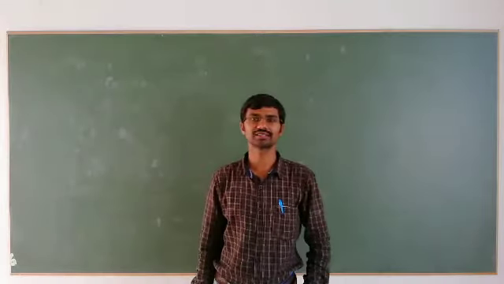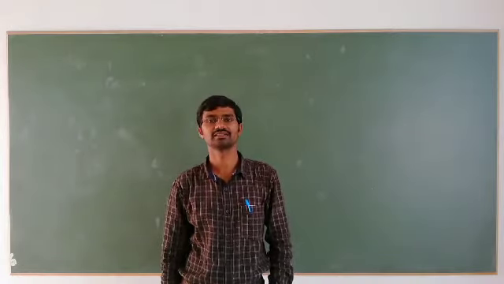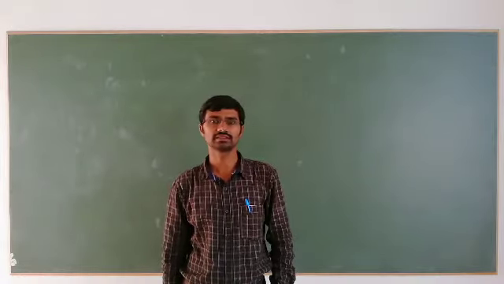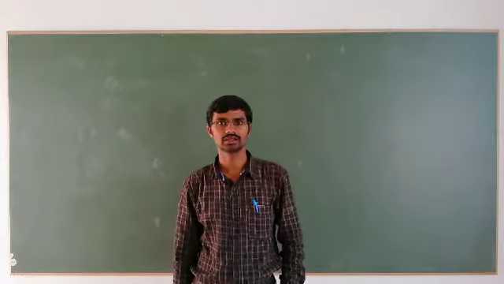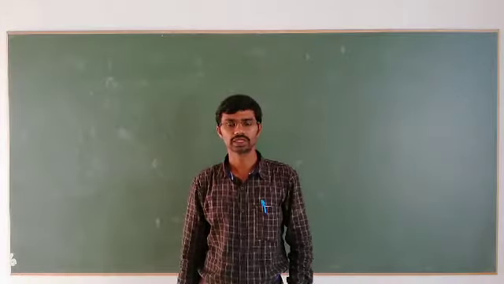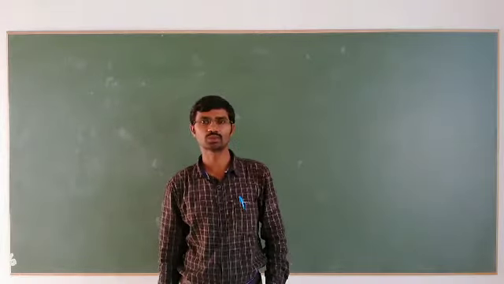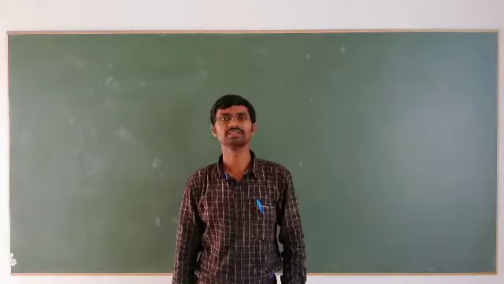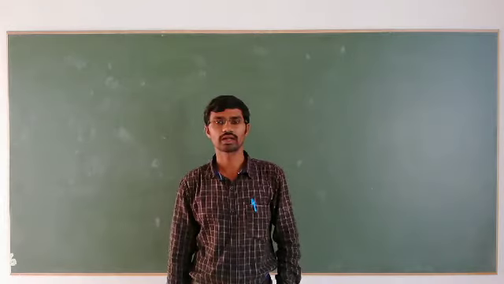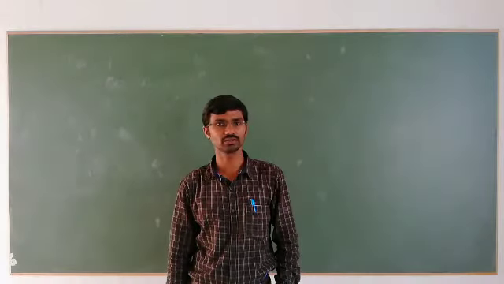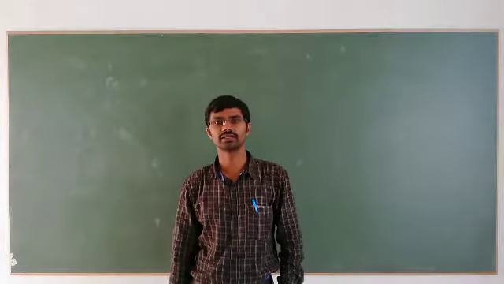Hello students, let me start with the magnetic field due to a current carrying conductor, at a point along its axis or at a distance from it. We need to find that using the Biot-Savart law. So what is the Biot-Savart law, and how is it useful to find the magnetic field due to a current carrying wire? And how can you find the magnitude of the magnetic field due to a current carrying wire using this law? Now let us discuss these points in detail.